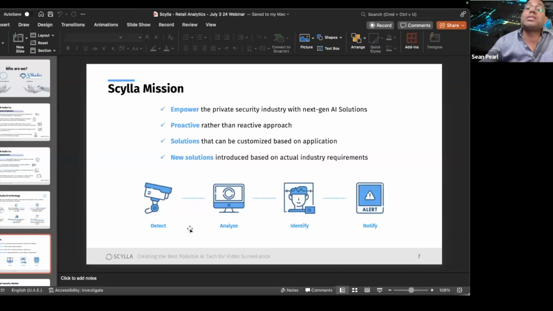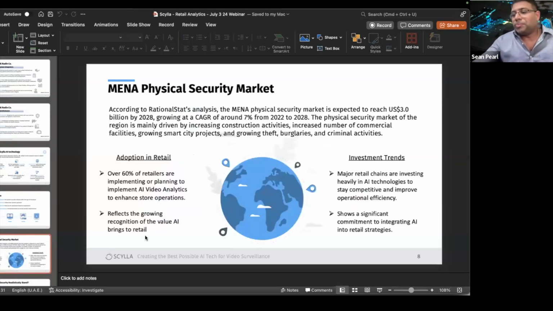At Scylla, since all of the technology, R&D, all of that is being developed in-house, we've even got the possibility of catering to custom solutions. So let's say, for example, you've got a project requirement that is calling for a solution not available on the market. That is something that Scylla can look at catering to on a case-to-case basis. Of course, for custom solutions, that comes with a development fee, but it's nice to know that your AI partner is capable of addressing these kinds of requests as well.